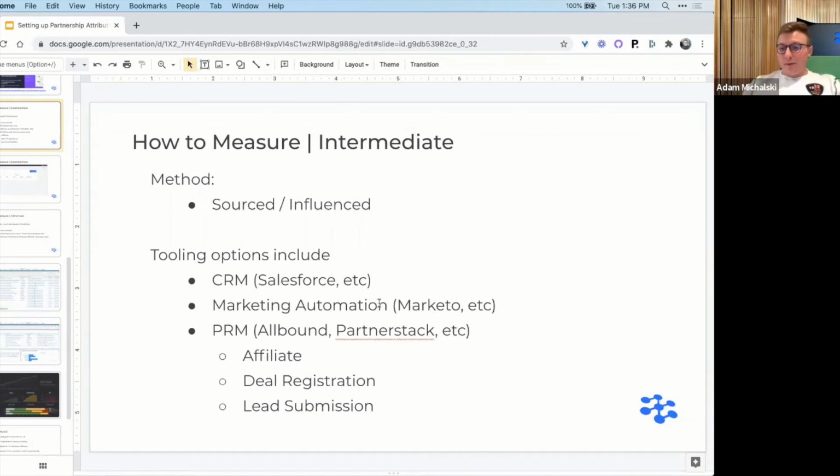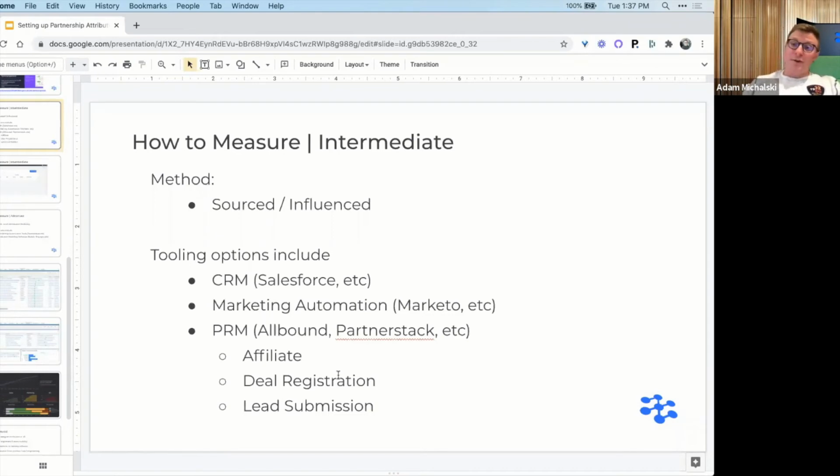So the PRMs, I think, do a really good job at the transactional. They also do a pretty good job at the non-transactional, but there are other pieces on the non-transactional part that I'm happy to speak to. When you think about a PRM, the real things to be cognizant of in terms of attribution modeling are three main segments. First is affiliate linking, which allows you to provide any of your partners an actual affiliate link, whether it's using UTM params or something along those lines, that can track who specifically drove that conversion event for any type of product that you're selling.